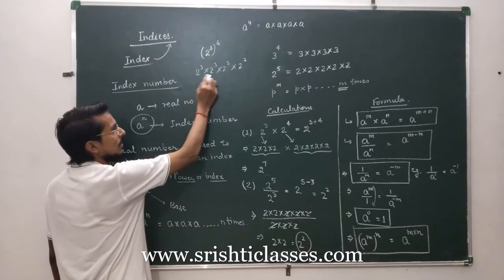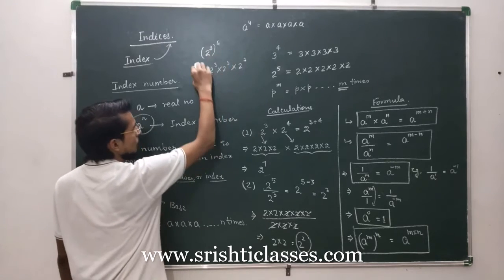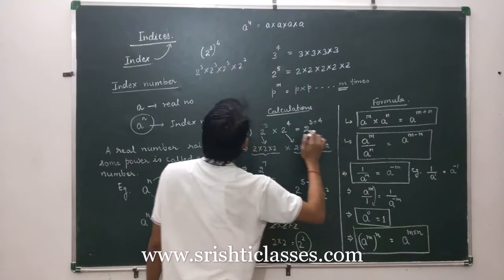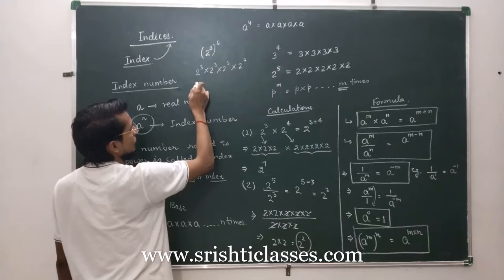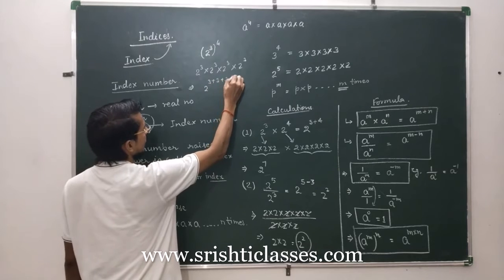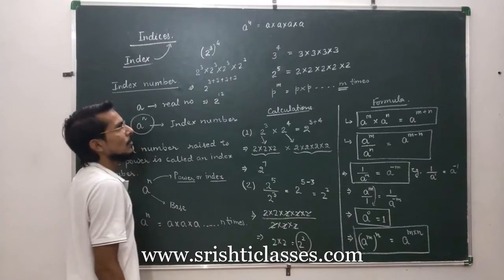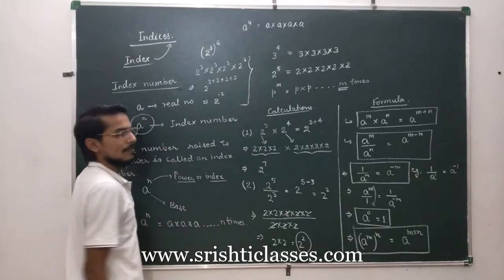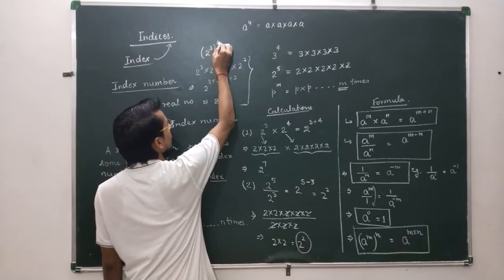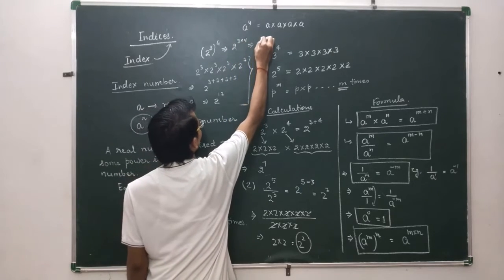Now in all these quantities the bases are same and the powers are also same. So for convenience we can use this formula. The bases are same and there is a sign of multiplication between them, so we can simply add the powers 3 plus 3 plus 3 plus 3. So you get 2 raised to the power 12. So instead of doing this lot of steps, we can directly find the answer by multiplying power to the power. 2 raised to the power 3 into 4. So your answer is 2 raised to the power 12.